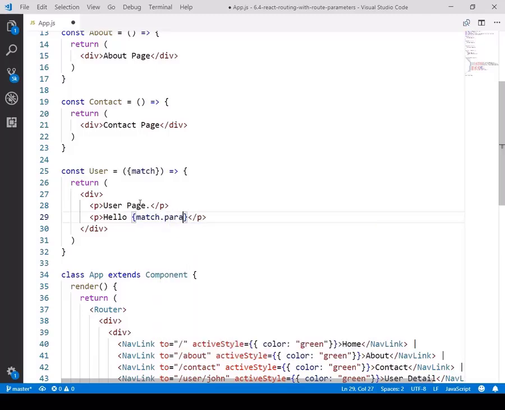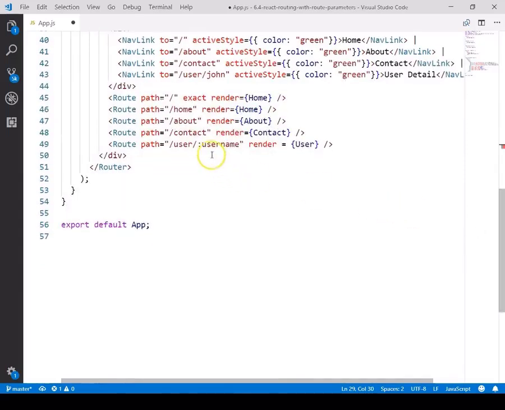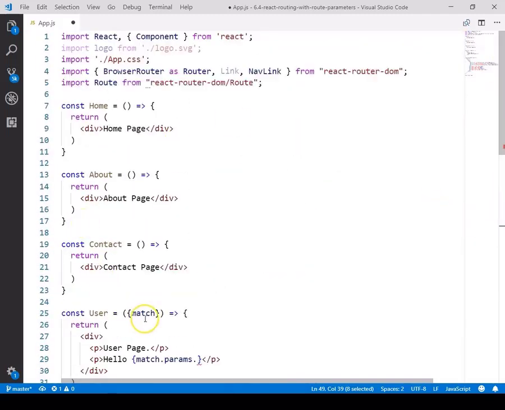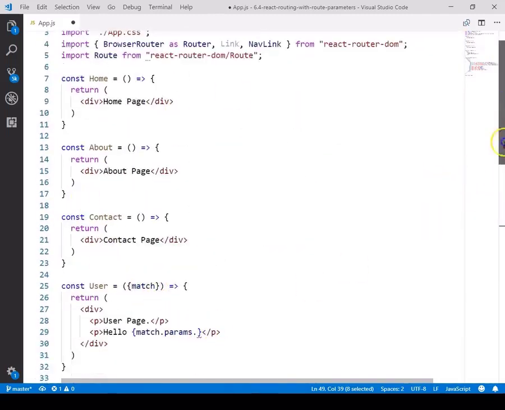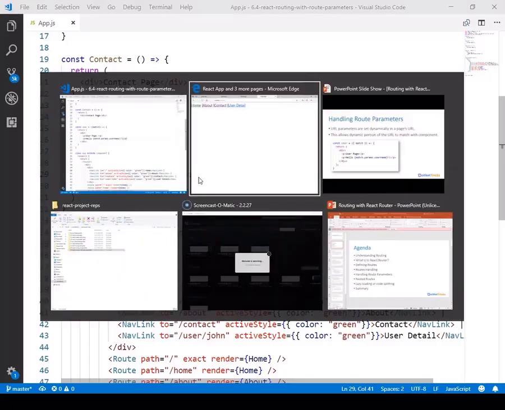We can pass more than one parameter, so we have a params object in which my properties are associated. The name of the property that you are using here, username, will exactly be stored in this params object. So I'll pass this over here, match.params.username. After that, I just keep the two exclamation marks.